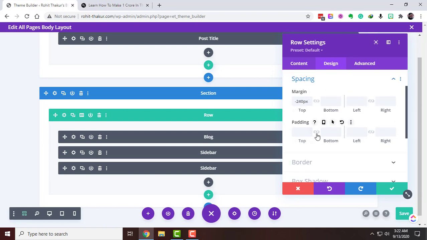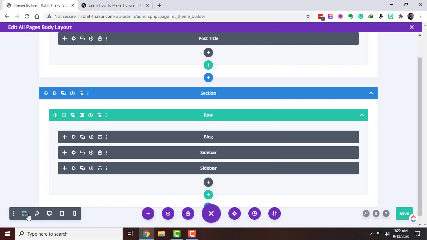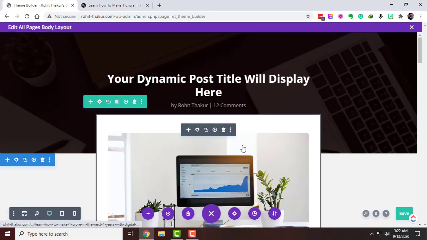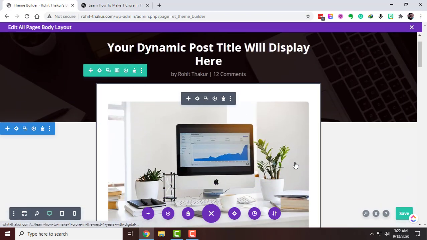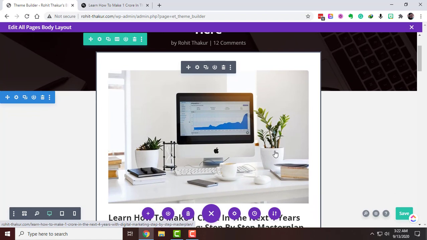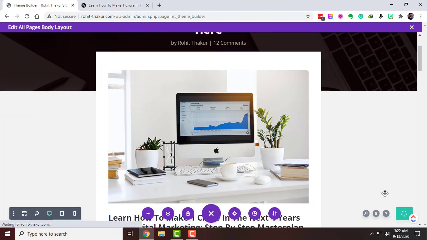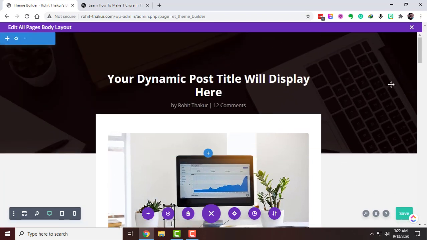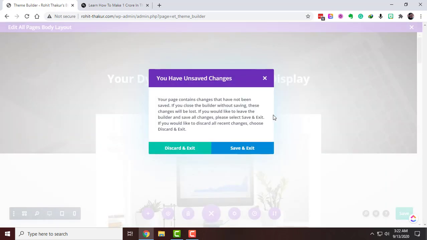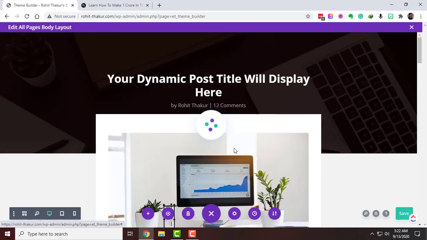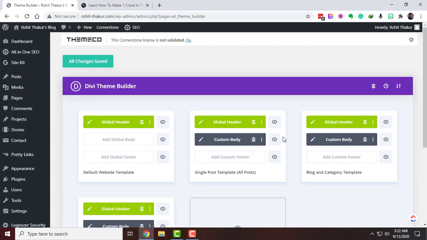So we have here we want to use 40, 40. Okay, so that's it. Let's go ahead and check it out. Okay, so it has shrunk a bit right now. Let's save it. Okay, so we have saved it. Now we have to save changes again. Okay, so it's saved, so make sure you save it as well.